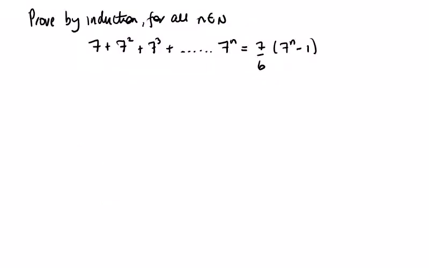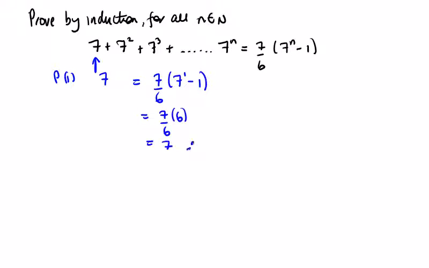In this example, we're going to prove by induction for all n an element of natural numbers that 7 plus 7 squared plus 7 cubed plus all the way to 7 to the power of n is equal to 7 over 6 times 7 to the power of n minus 1. So proposition 1, my 7, is my left hand side. Is that equal to 7 over 6 by 7 to the power of 1 minus 1? So this is going to be 7 over 6 by 6, which is equal to 7. Therefore, true